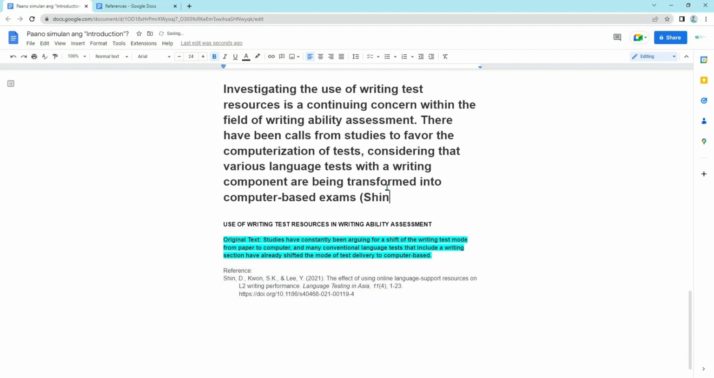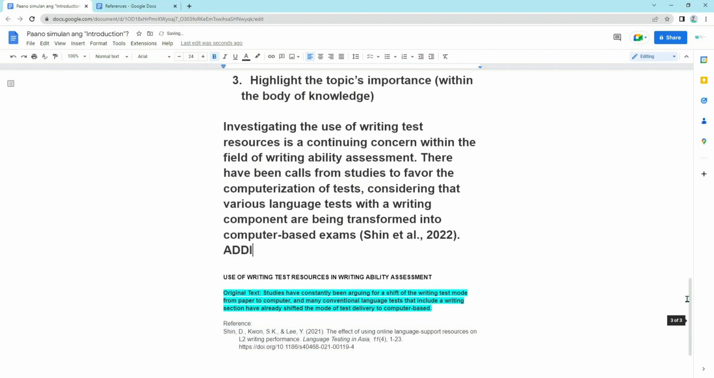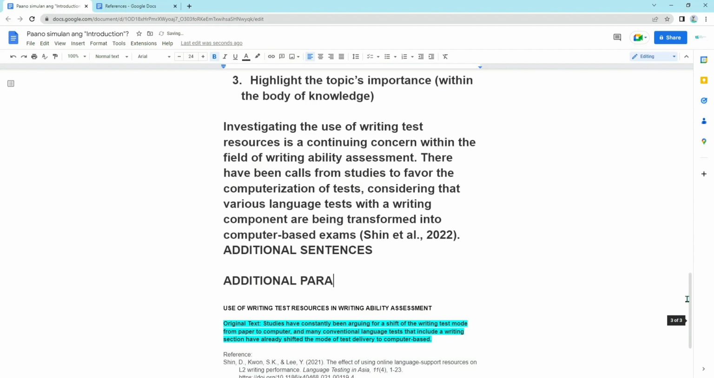Okay. Then we have to put here the parenthetical citation. Okay. Sheen et al. In 2020. Again, yan, pwede tayong maglagay ng additional sentences here. Okay, and we can provide additional paragraphs. Okay. To continue our introduction section. Okay. By the way, pwede nyo rin na umpisahan ang inyong introduction with a paraphrased statement. Okay? So, it doesn't necessarily mean na kailangan magsisimula agad with a particular sentence which you crafted based on a